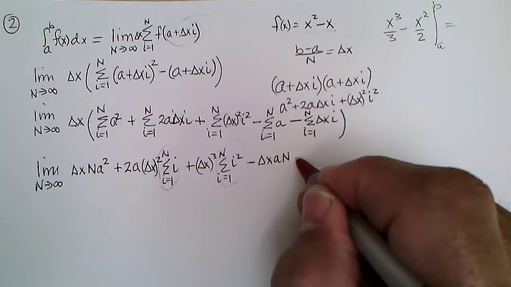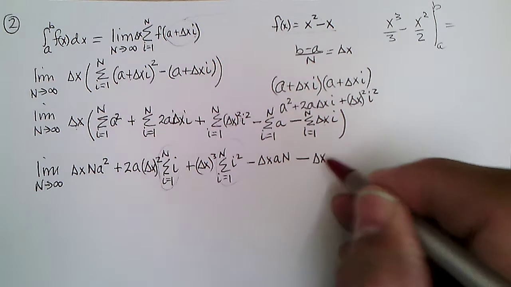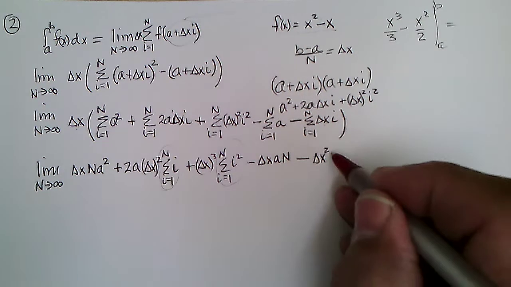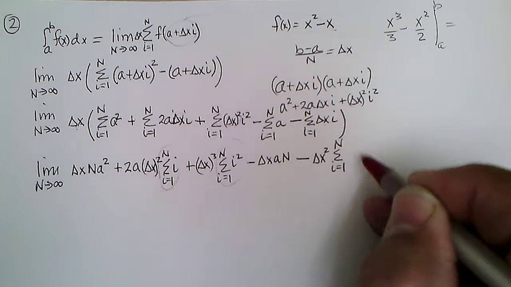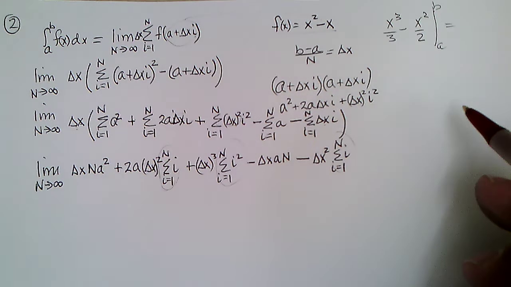And we're going to have minus delta x squared times the sum as i goes from 1 to n of i. And we have a formula for that. Now,